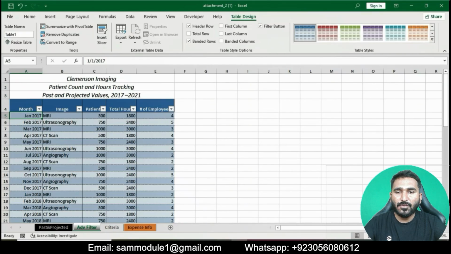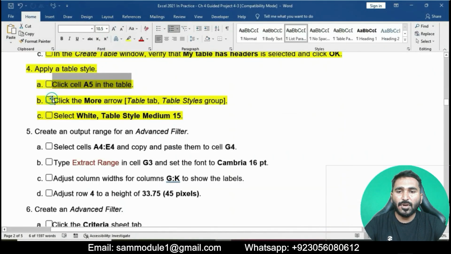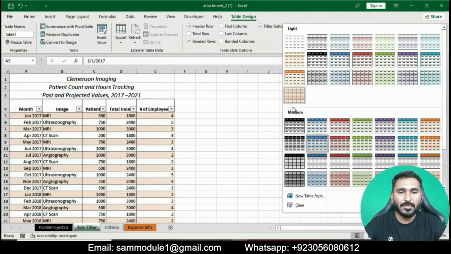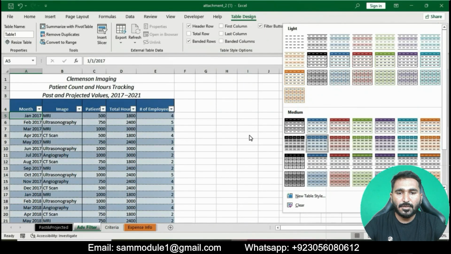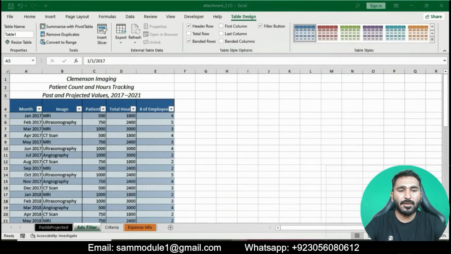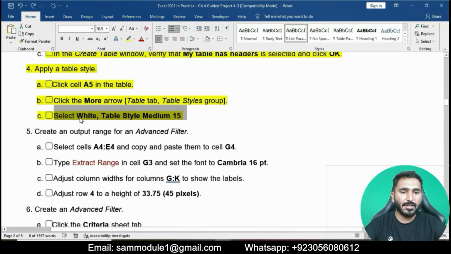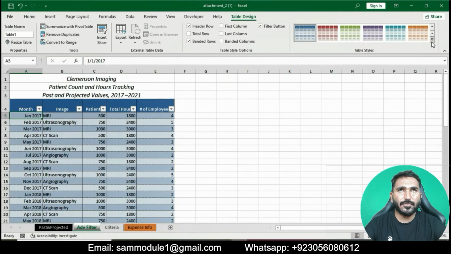Click cell A5, click the More arrow, go to the Table Design tab, then go to the table style, go to the medium style, and select White Table Style Medium 15 in the table.